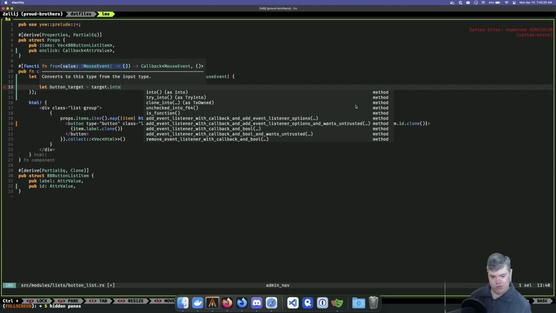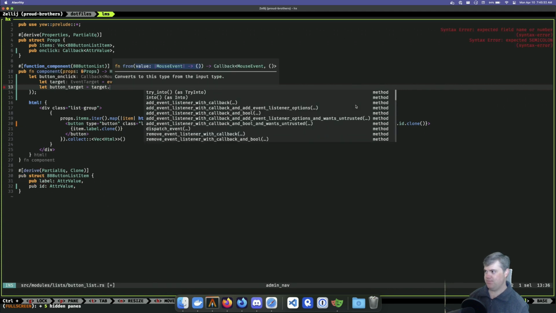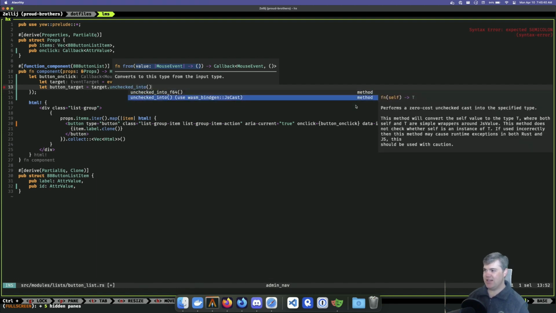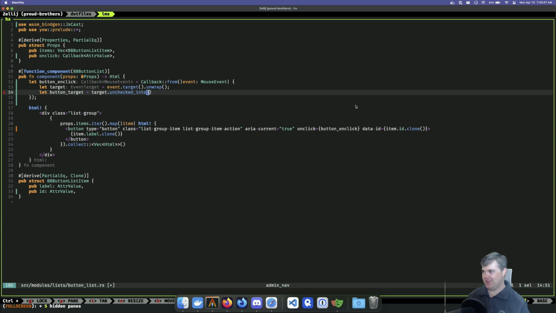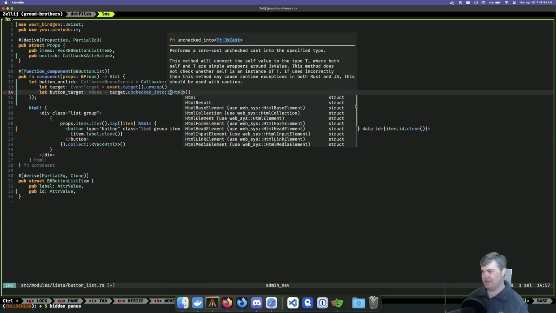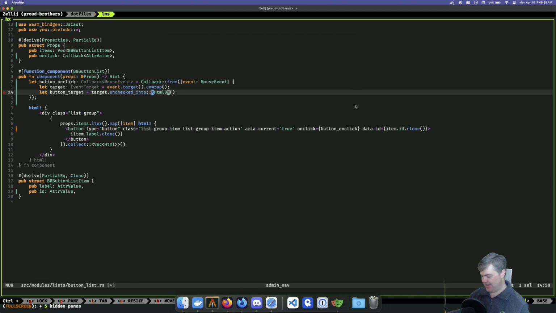What's the? I think we're doing it somewhere else, aren't we? There it is. Unchecked into. Okay. Sometimes the Rust analyzer for this one just doesn't always show what I want it to show. Okay. Unchecked into, and then I want this to be a HTML button. Ooh, but I don't have that. I don't have that because